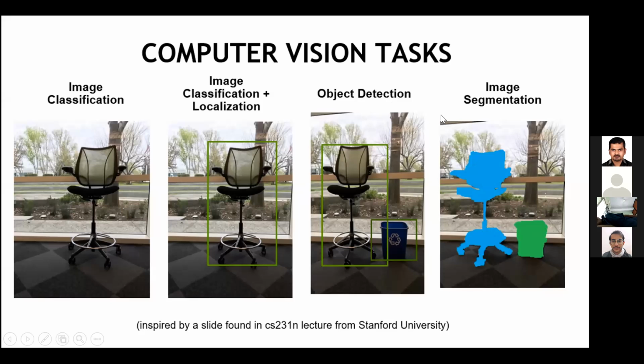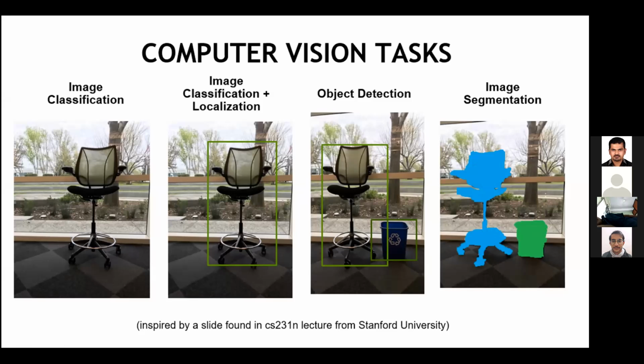Another term that you come across is segmentation. What is segmentation? In segmentation, you are not just doing object detection. You want the exact boundary of the objects in your image, and you want all the pixels within that boundary. So you know, okay, this is a chair, this chair has been segmented out, and this dustbin has been segmented out. You can pass various images and use various techniques to do these tasks using deep learning.